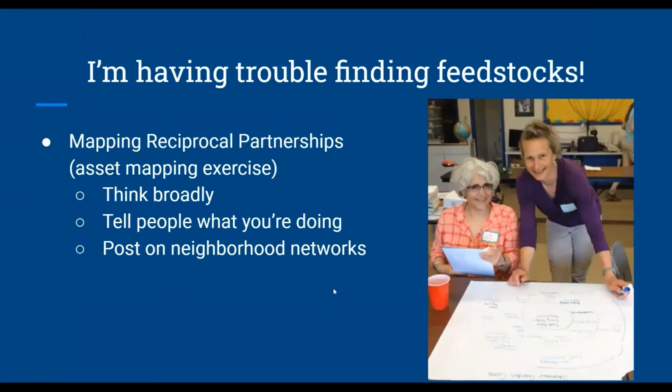And the last topic that we're going to be troubleshooting, which does come up for a lot of groups, is I'm having trouble finding the right feedstock. So we've now told you how important it is to have nitrogen-rich materials and carbon-rich materials. And we've said a few times that diversity of different feedstocks or recipe ingredients is best. Where the heck do you get all this stuff, right?